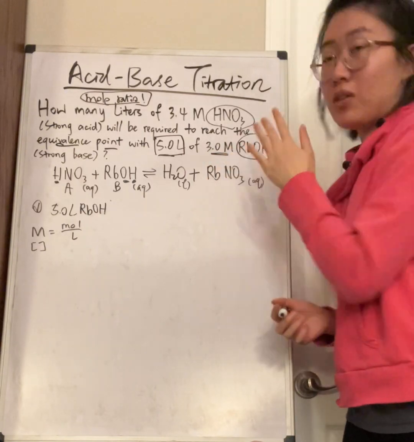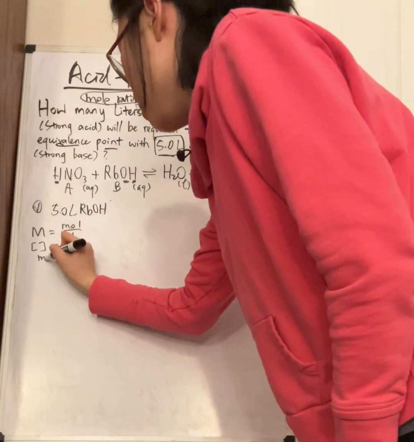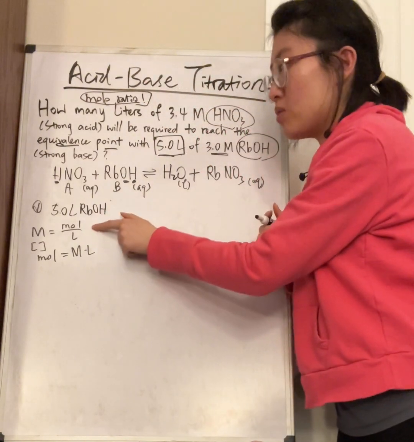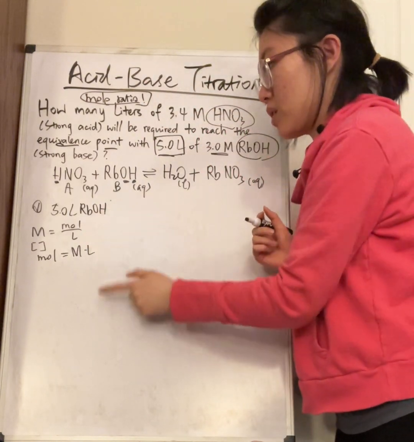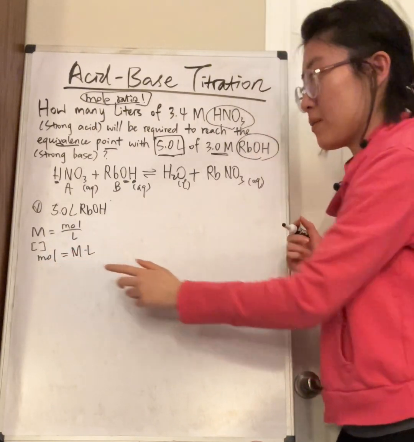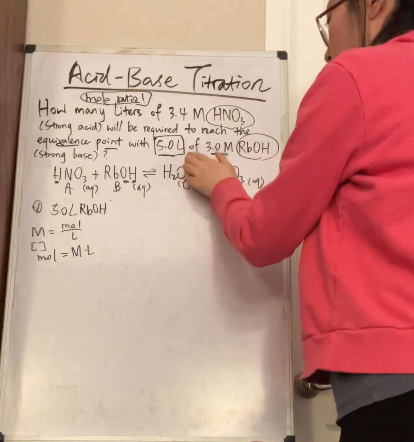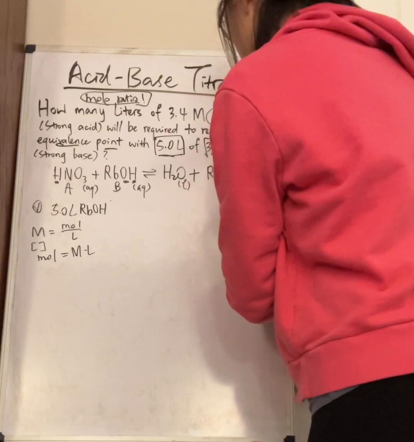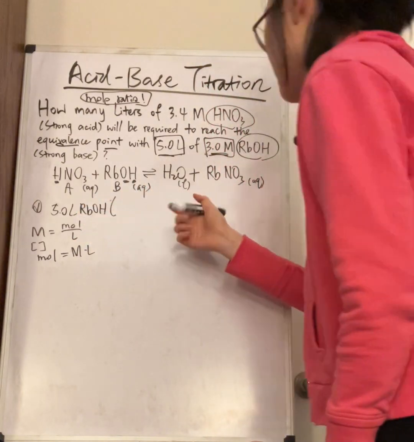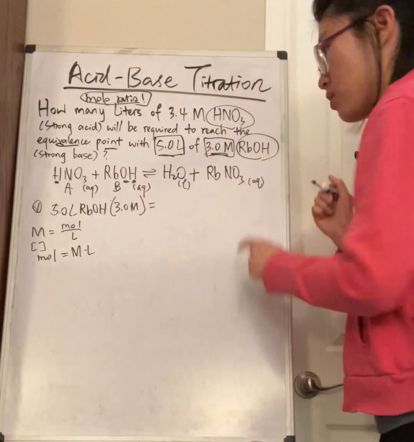So molarities. How do we get the moles? Well, to get the moles, you would just multiply these two things. So instead of using moles to divide the volume, you're going to use the molarity times the volume to get the moles. Okay, so right here we have both the volume and the molarity, or the concentration, of RbOH. So we can just directly plug in these numbers in the formula to get the moles of RbOH, which will be